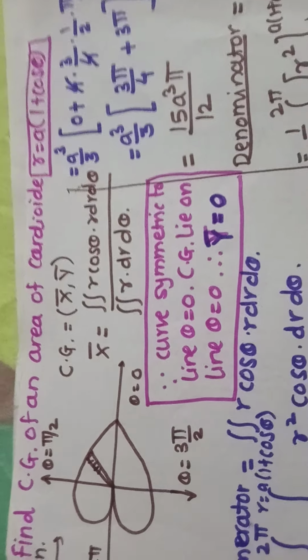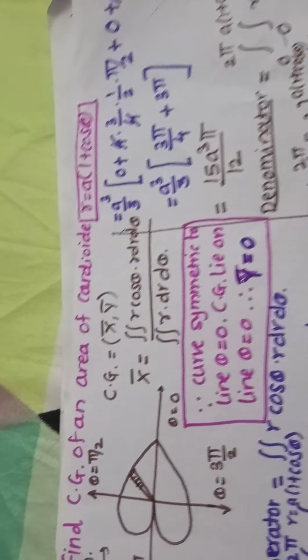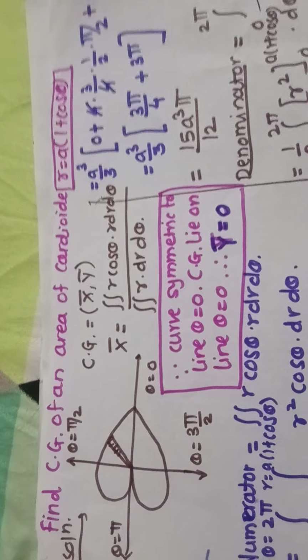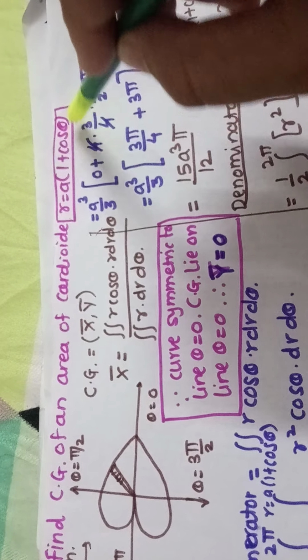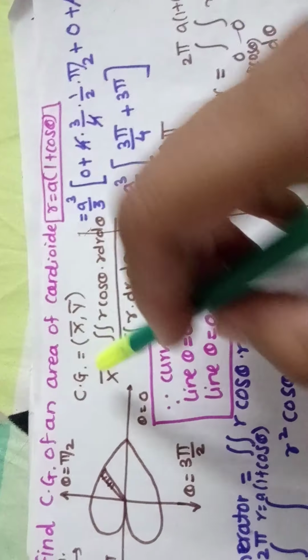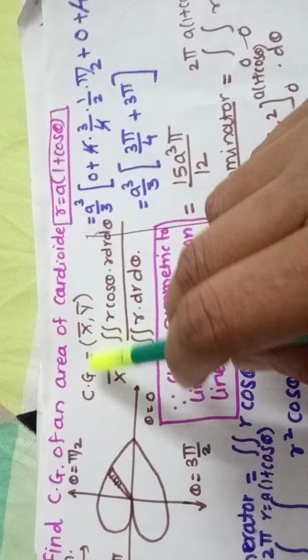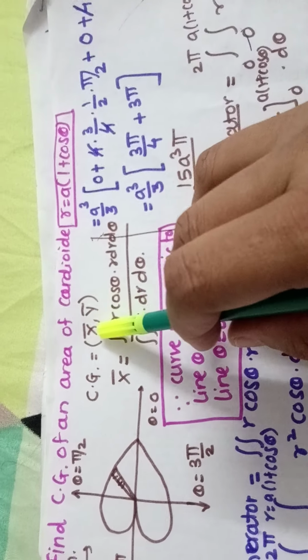Hello student, today we are going to discuss the center of gravity of an area. So the example is: find the center of gravity of an area of the cardioid r equal to a(1 plus cos theta). We know that the coordinates of the center of gravity are x bar and y bar,